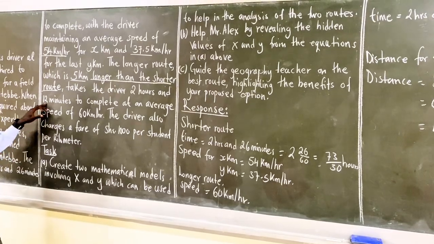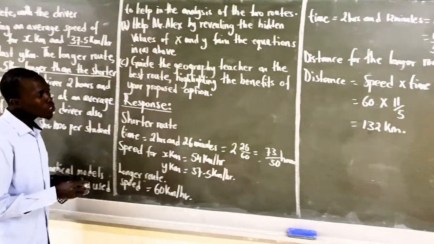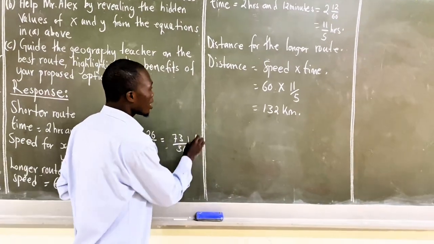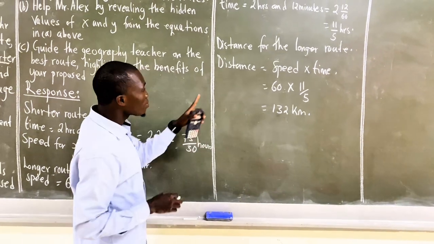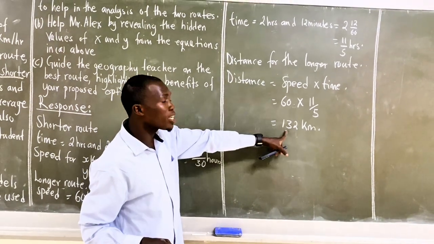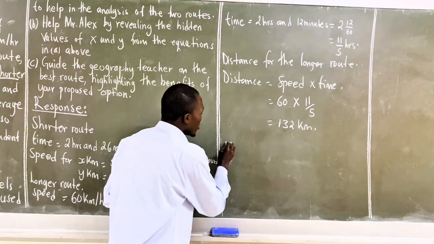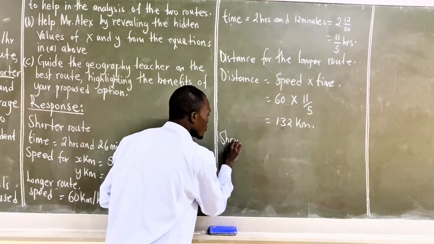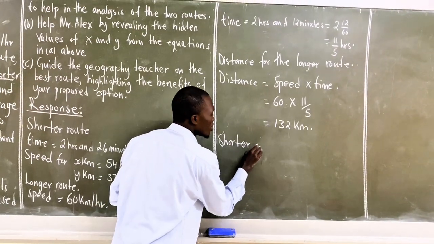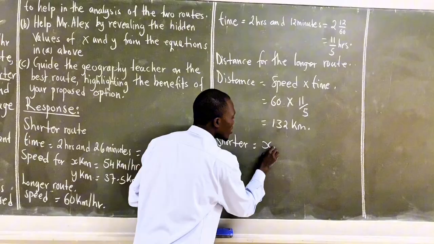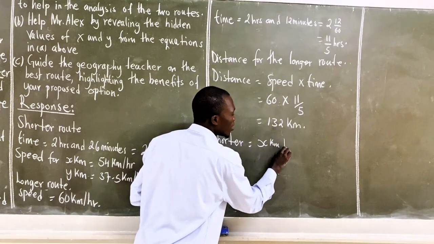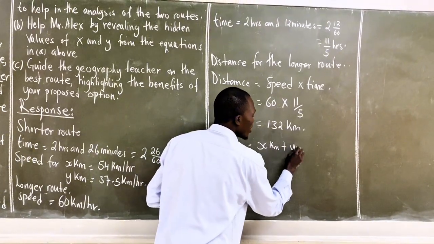But also remember the longer route. So our first model shall be from the total distance that we have for the longer route. Remember, our shorter route is equal to what? x kilometers plus y